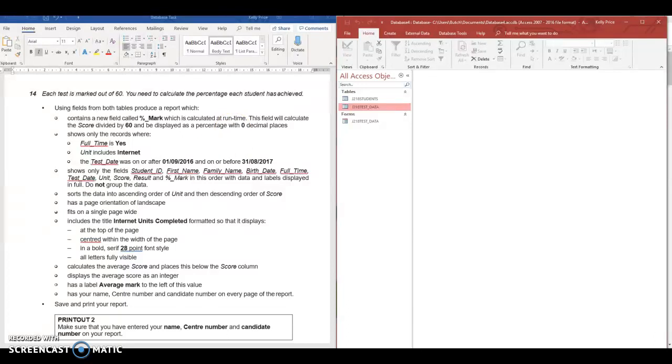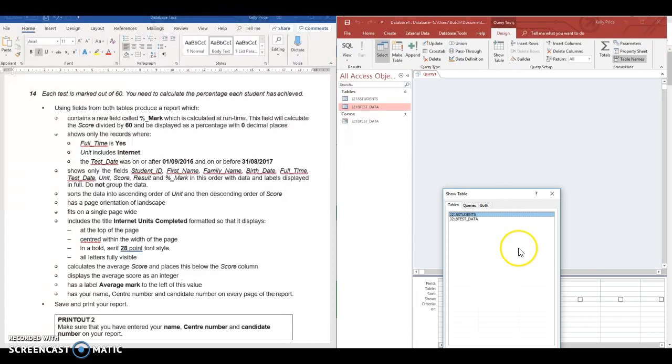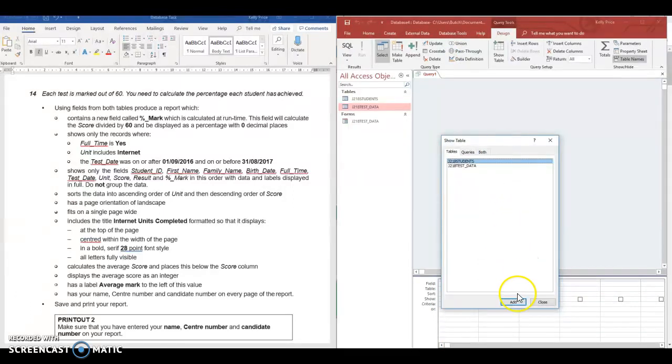Okay, so now, as always, we will make a query in design view, then we will make the report in the wizard. Okay, so I'm going to go through these one by one. First of all, let's go to create, and then we get to query in design view. We may as well just add both tables